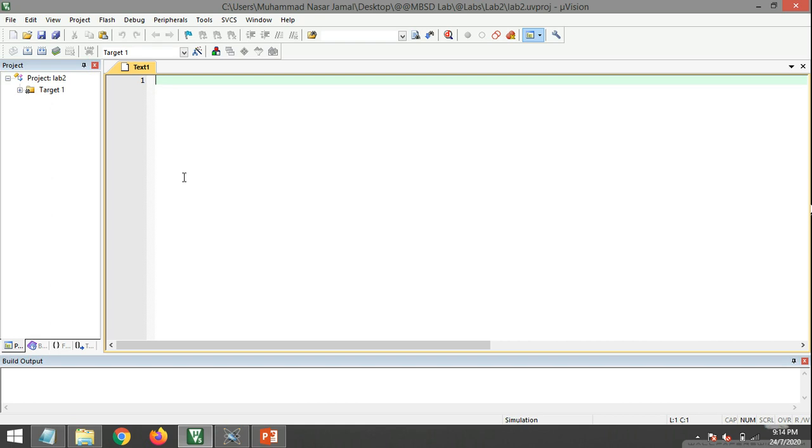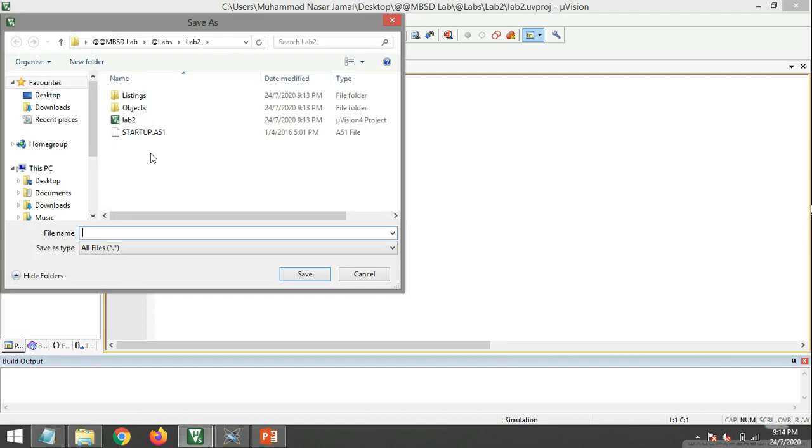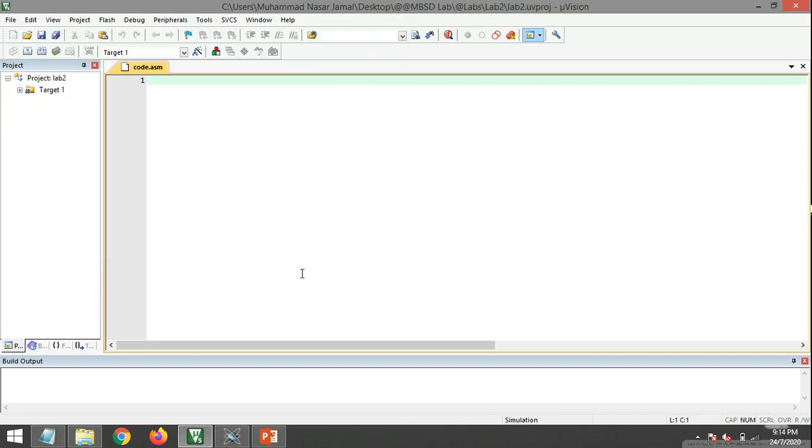As I already told, before you start coding you should save this file with the proper extension. I'll save it in that same folder so that I don't miss this file. We'll name it code with the extension ASM, since we are coding in assembly language. Save. Now I'll paste the code that I already copied.